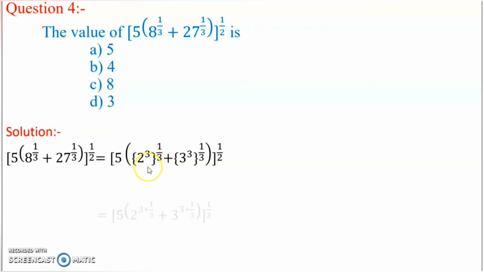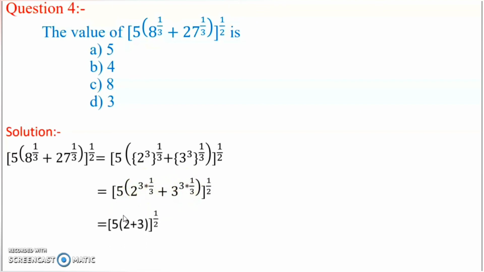If you simplify, it will be 2 raised to 3 into 1 by 3. Same way over here, this is 3 raised to 3 whole raised to 1 by 3. So this will be 3 raised to 3 into 1 by 3. Now these 3 will get cancelled. Same way here 3 will get cancelled